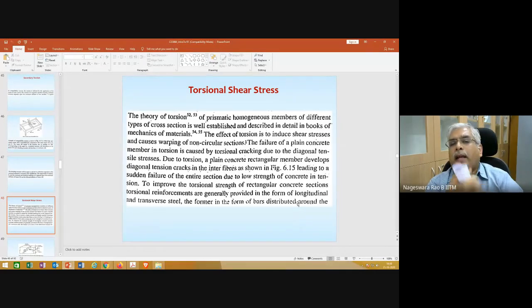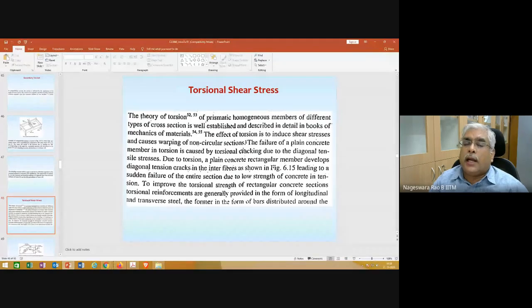Anyway, warping is nothing but out of plane deformation of the cross section when it is subjected to torque or torsional moment, and this happens for non-circular cross sections.